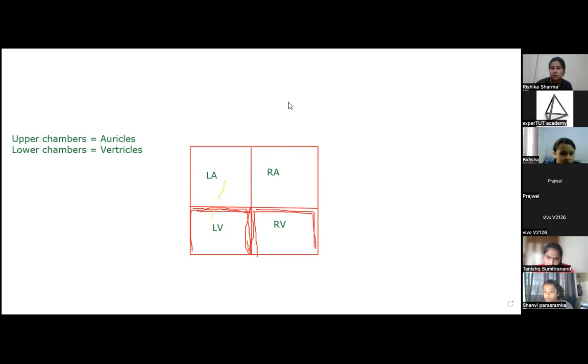ठीक है। ऑरिकल्स में क्या होता है, ऑरिकल्स का जो ब्लड है वो सिर्फ वेंट्रिकल तक आना होता है, ठीक है। सो जस्ट ऊपर वाले कमरे से नीचे वाले कमरे में चीज आनी है, बहुत दूर कोई चीज नहीं जानी है, ठीक है। तो ऑरिकल्स हल्के प्रेशर के साथ कॉन्ट्रैक्ट करते हैं और ब्लड आपका वेंट्रिकल्स में आ जाता है। लेकिन वेंट्रिकल्स जो हैं वो ग्रेटर प्रेशर के साथ कॉन्ट्रैक्ट करते हैं, बिकॉज द ब्लड हैज टू गो टू द फर्देस्ट पॉइंट ऑफ द बॉडी।